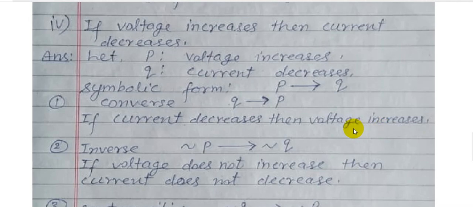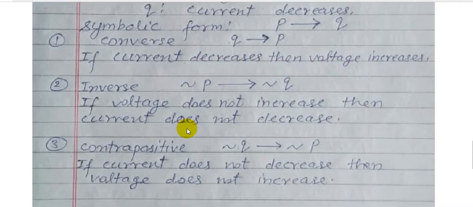This is the converse. And for the inverse, negation P implies negation Q. Means in the inverse, we only use negation on both sides, remaining part as it is. Only use negation. What will be the new term? Negation of P and negation of Q. In between them, conditional. So negation P, conditional, negation Q.